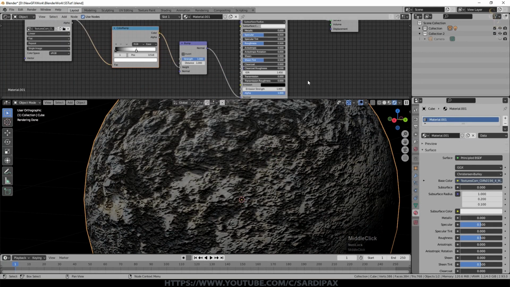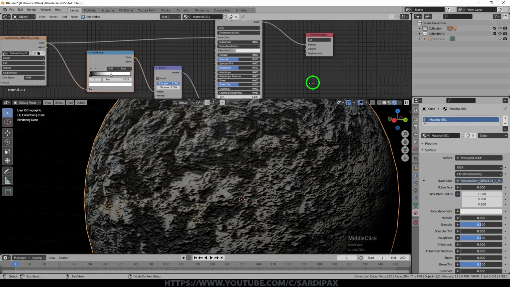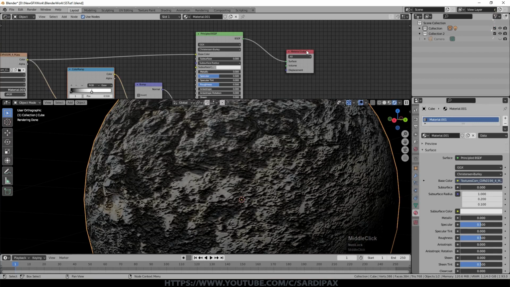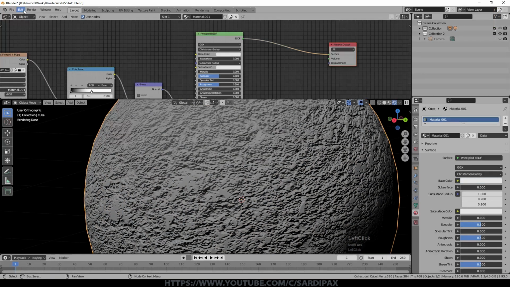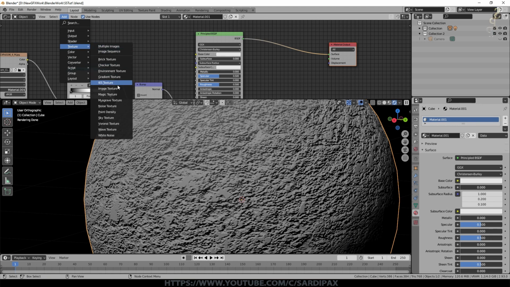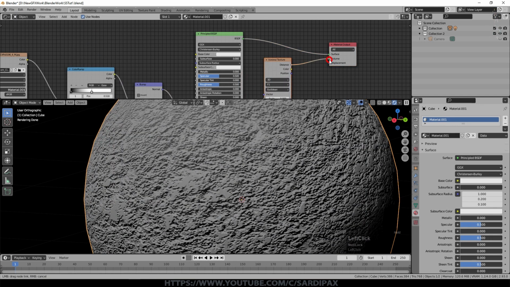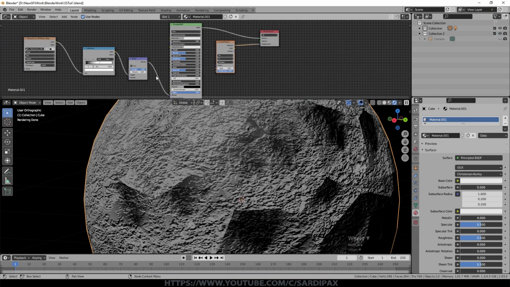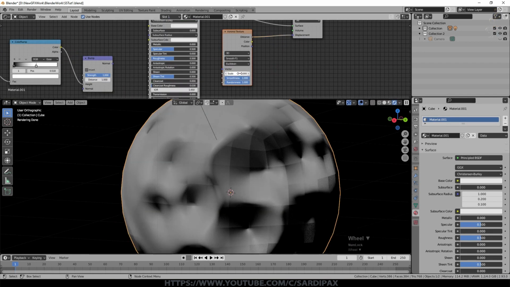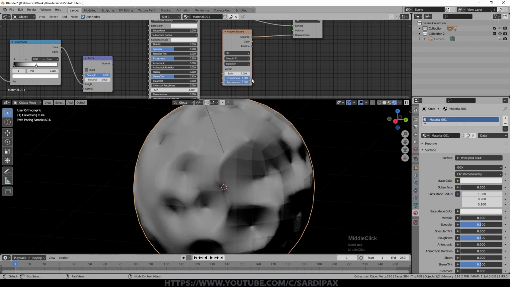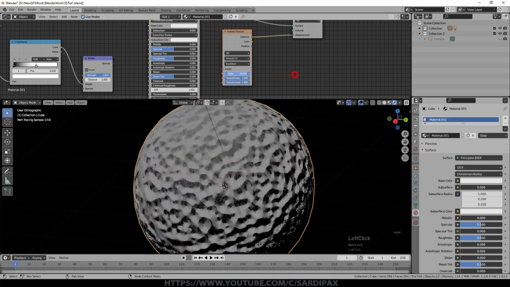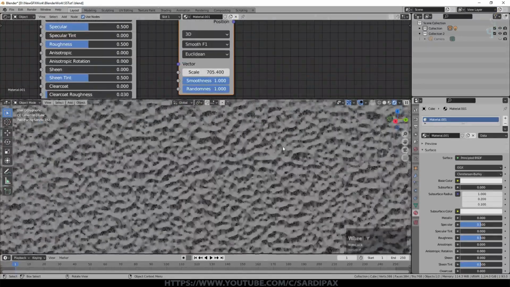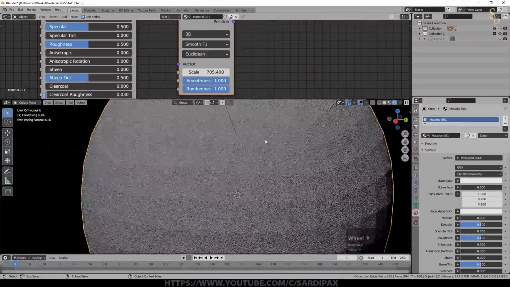However, what we would also like is a finer level of detail on our object. Now we can put material straight into displacement. What I'm going to do, because this isn't the highest resolution source image, is add a texture which is a Voronoi texture. So we'll put that into displacement. I'll take bump off for now and set it to smooth F1, and then we can change the scale. So I'm putting that up quite a long way. So that is now a very high level of detail.